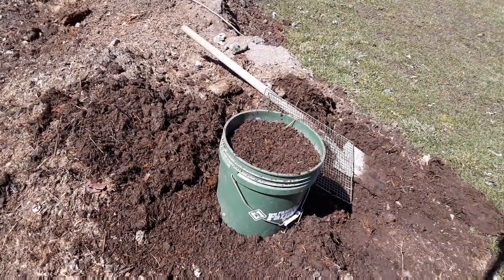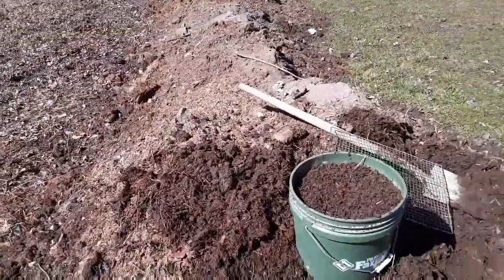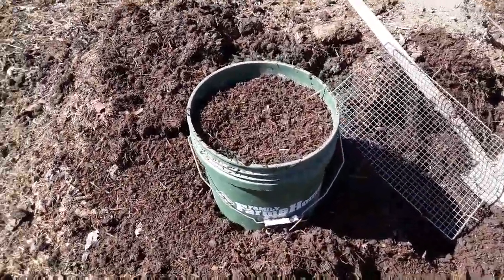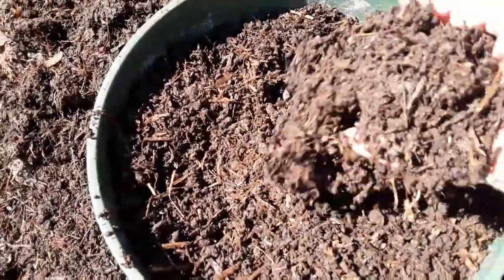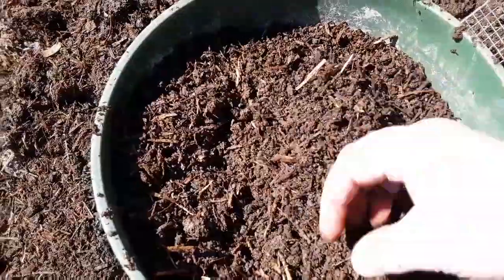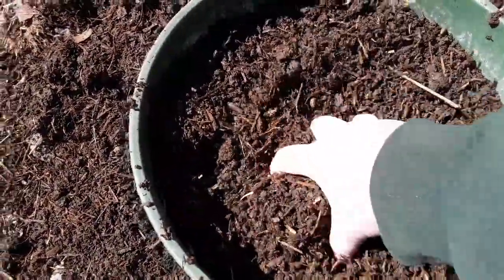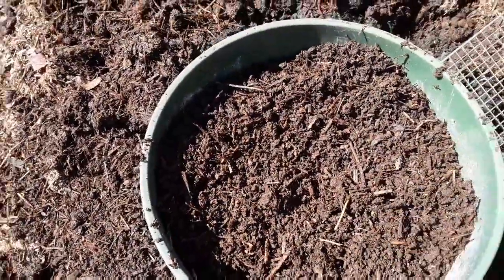Anyway, let me show you what it looks like. I'm thinking any home gardener that just has a regular compost pile, it's not quite finished. I get huge amounts because of all my animal bedding, but look at it. Makes a beautiful, rich compost that I'm going to plant a couple potted plants in. I'm going to do a couple of potatoes and some of the garlic and stuff that I sprouted, but I